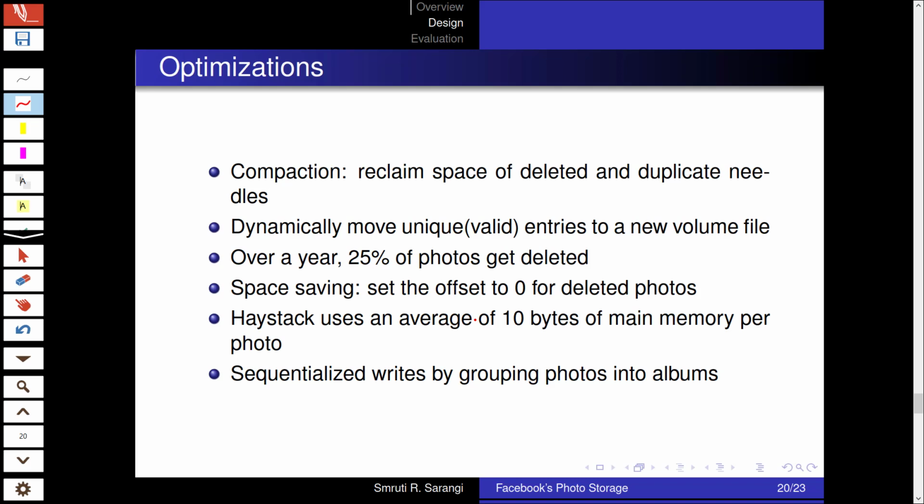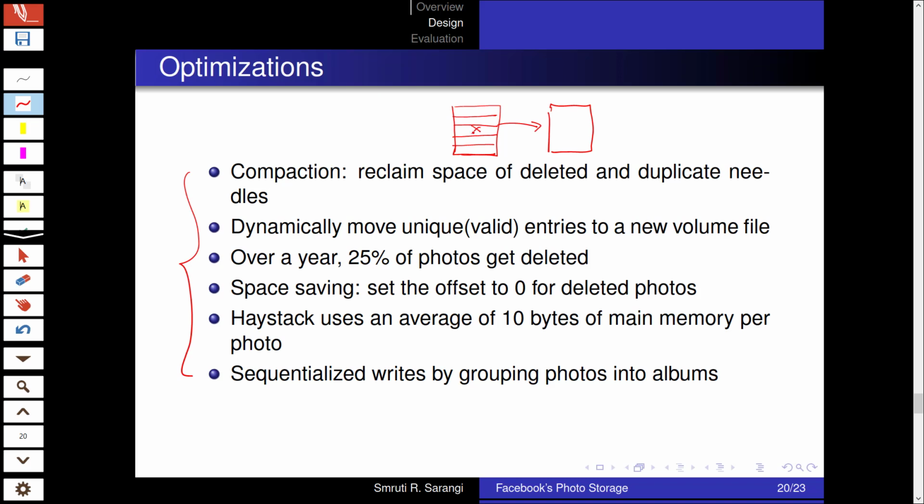Some optimizations over here which are due. Compaction. We reclaim the space of deleted needles or duplicate needles. How do we do that? Well, the only way is we don't create holes in an existing file. We take the old volume file and we dynamically move all the valid entries to a new volume file.